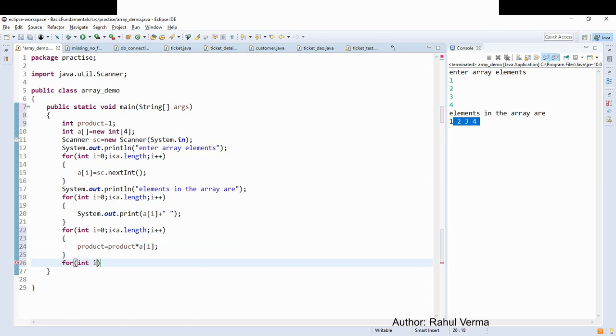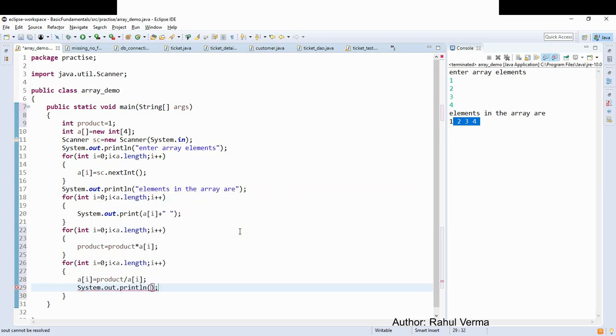So I will again require a for loop to traverse the array and divide the product by each of the array elements. So I am declaring a for loop again, i is less than a dot length, i plus plus, and I am storing the value in the same array, means I am dividing my product with each array element and I am storing their values in the same array. So I am taking that same array, a of i is equal to product divided by a of i,